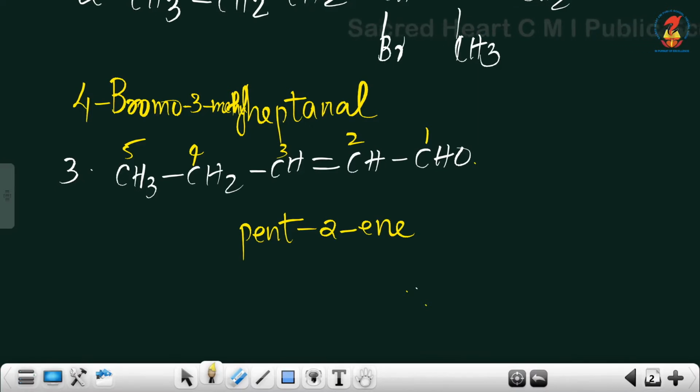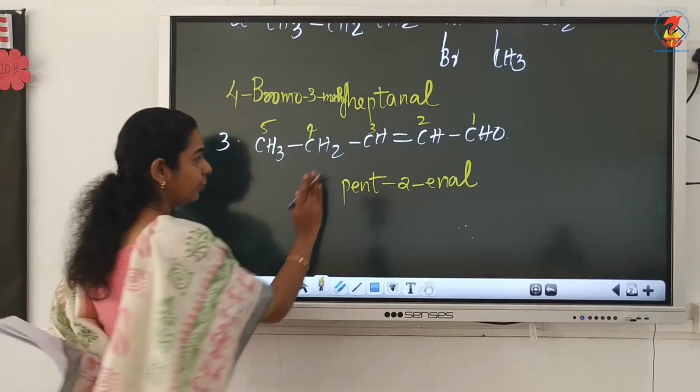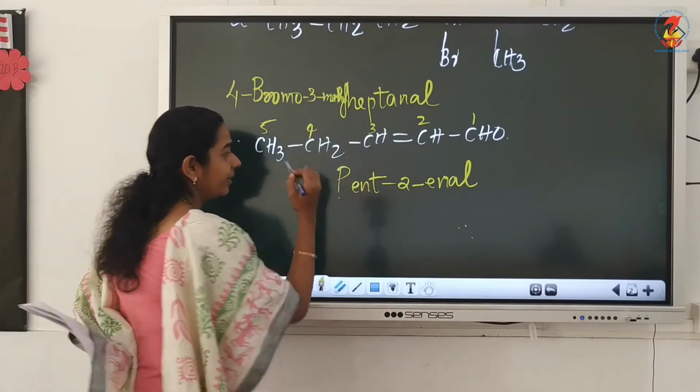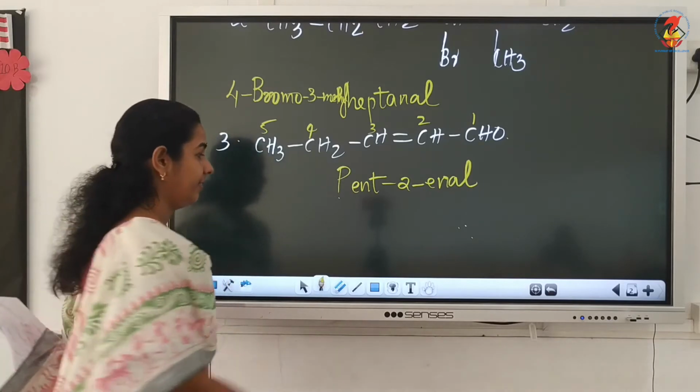Then which are the other functional groups present here? Only one aldehyde is present, so that will go as primary suffix. What is the position of aldehyde? It is on the first carbon. So 1-al. No need to mention it: if the position is 1, no need to write. So it is ene-1-al, or we can write it as enal. There are no other prefixes to write, isn't it? So first letter should be capital. What is the name of this compound? It is pent-2-enal.